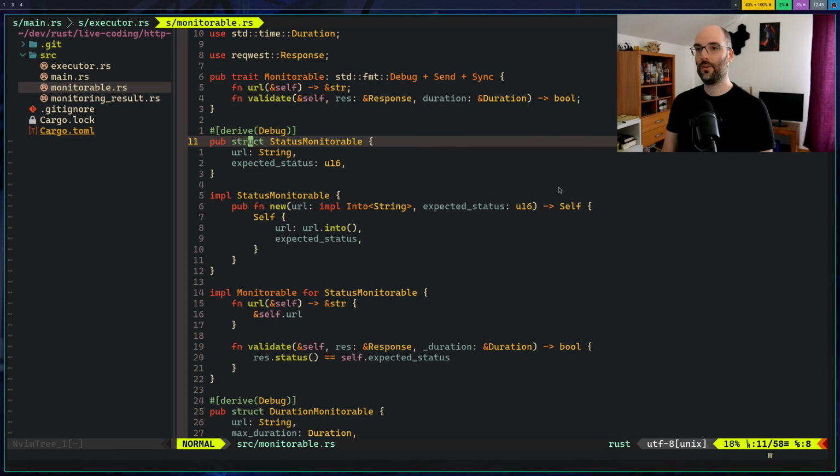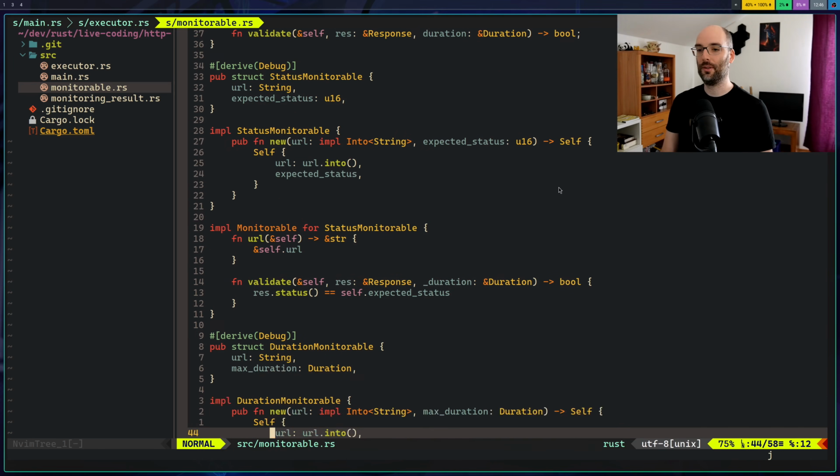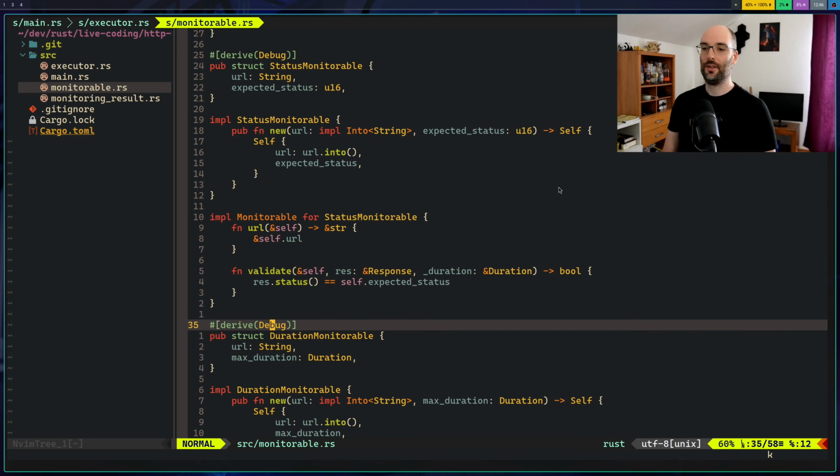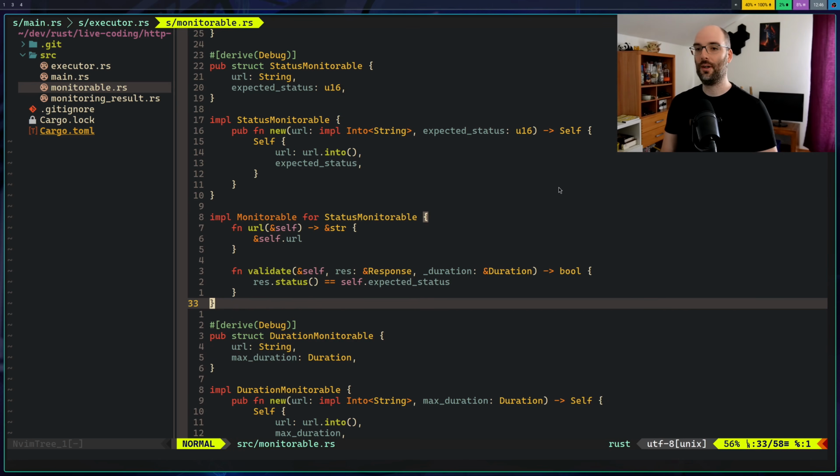And we have two structs that implement this monitorable trait, which is the status monitorable, and the duration monitorable that doesn't check the returned status at all, but instead checks the duration it took, how long the request was running until it came back to us.